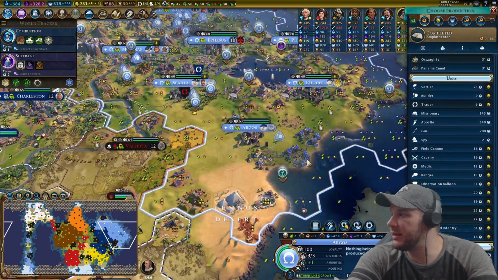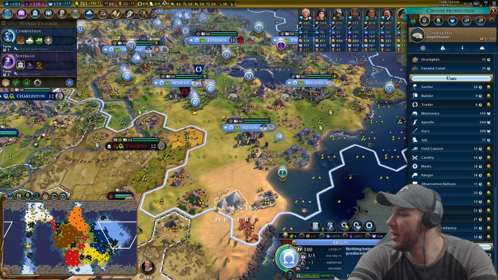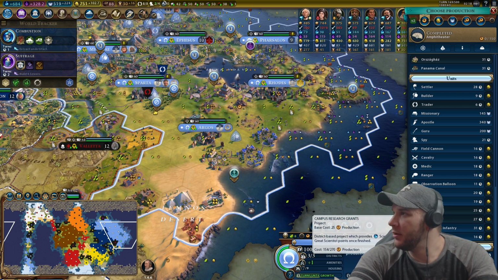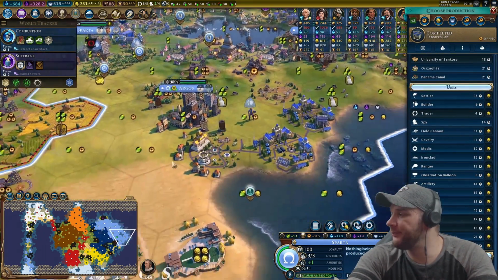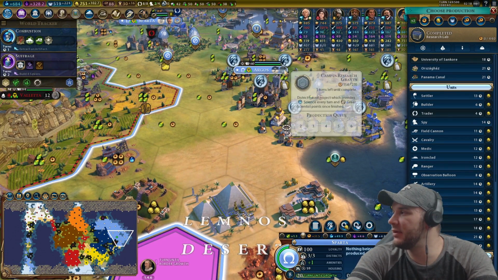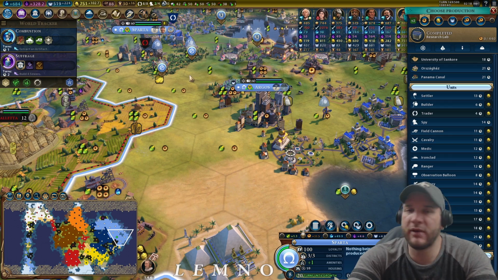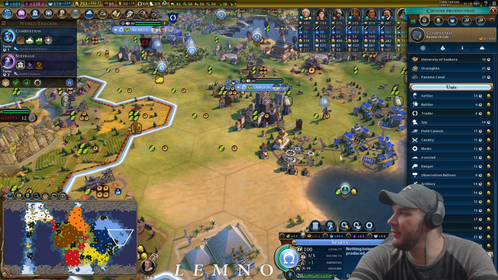Alright, so meanwhile, let's continue on. We finished the amphitheater in Argos there. That was definitely nice of us to chop out the jungle tile into the amphitheater. It helps give us a little bit more science, and we can always sell our great riders and stuff like we have been throughout the game as well. In the meantime,